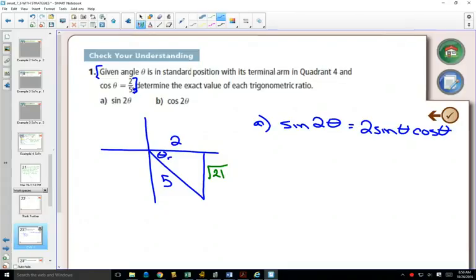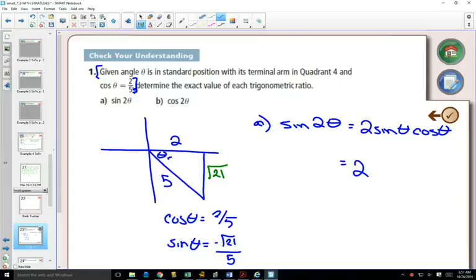Well, when I draw it on the triangle, I can draw it as square root of 21, just because I could say that that's its length. But if I list underneath here that cos of theta we already knew was 2/5, when I write what's the value of sine of theta, I do have to write the negative there because it's in quadrant 4. And that's going to become important because right here